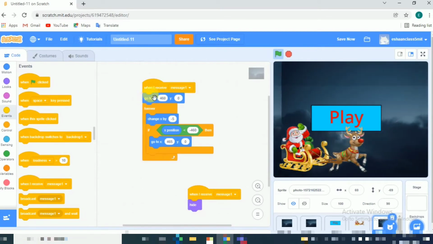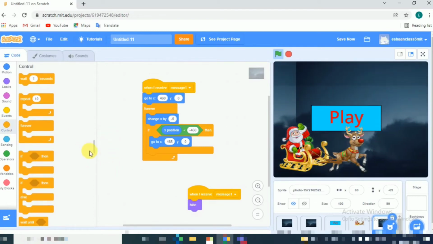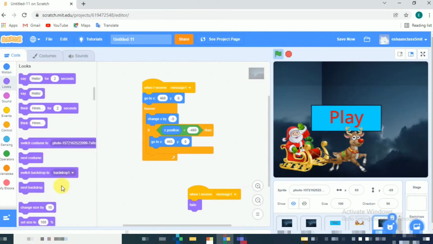And then after this we have to go to control and take forever. No, forever is here, and we'll go to looks and take the block show.